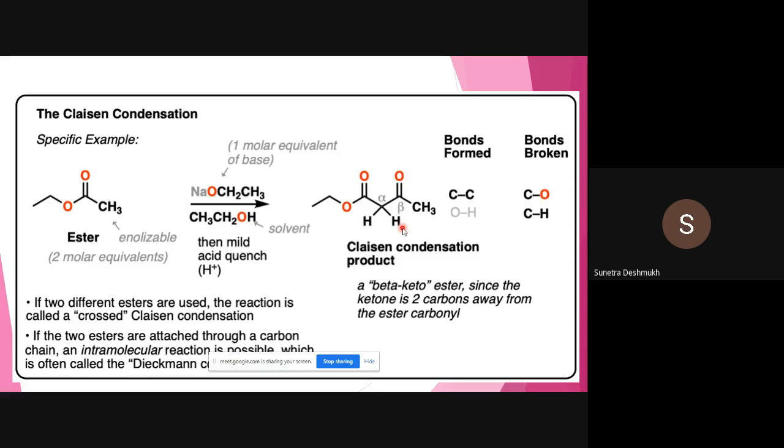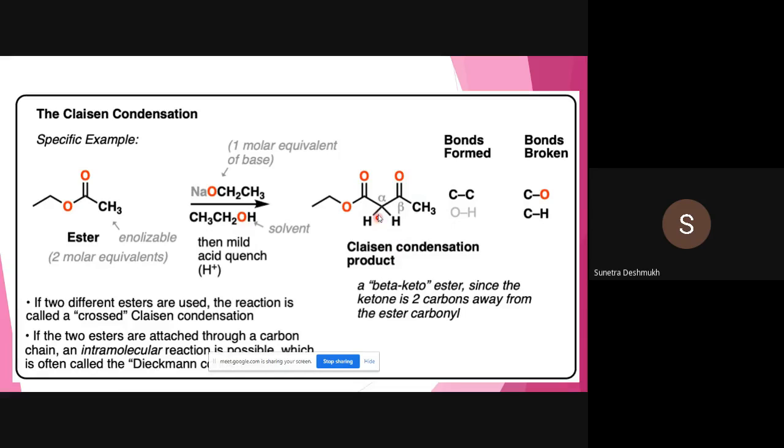The Michael adduct we have also used for further reactions. In the Robinson annulation we did the Michael reaction first, and then used that product for the next reaction, an intramolecular aldol condensation. Same way, the 1,3-diketone we are going to create via Claisen condensation, and we can use such a 1,3-diketone in further different reactions like synthesis of heterocycles or synthesis of anything.